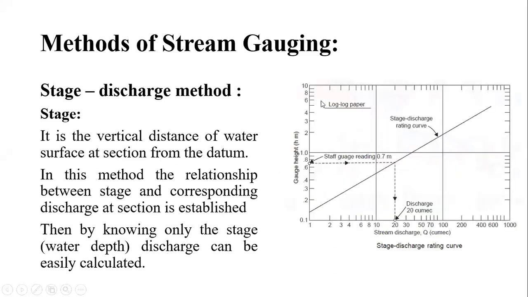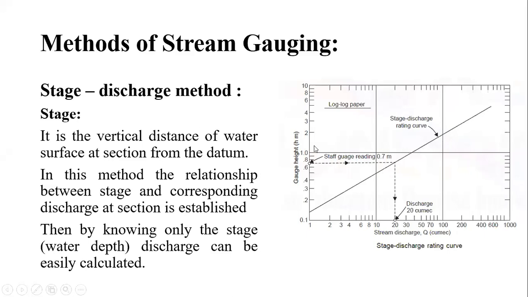So the relation will be like this. It has been plotted on log paper. Here the y-axis represents the gauge height, that is the water depth in meters, and the stage discharge, that is the discharge in meter cube per second. It is stream gauging, we can say. So at this particular location, that is 0.7 meter, the discharge is about 20 cubic meters per second. Once you establish the relation, or once you have a correlation regression equation, then